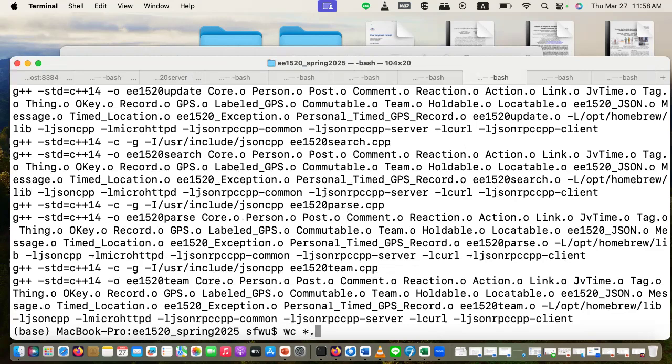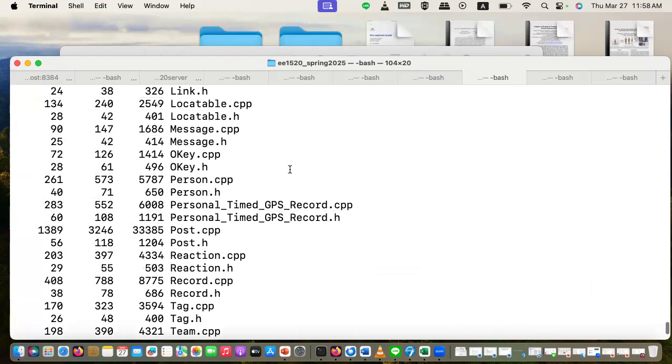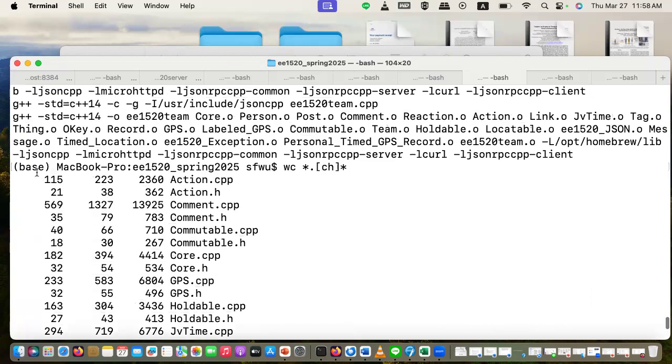I would say star.c, star.h, star.cpp. So what I did is tell you for each file, if it's a CPP file or a C file or an H file, how many lines they have. The first column is the number of lines of code.